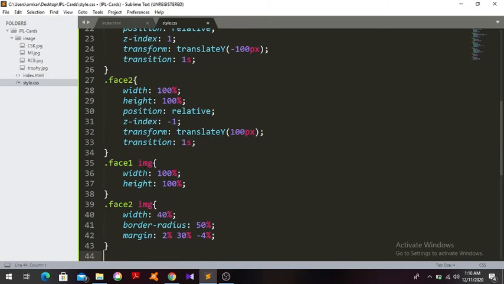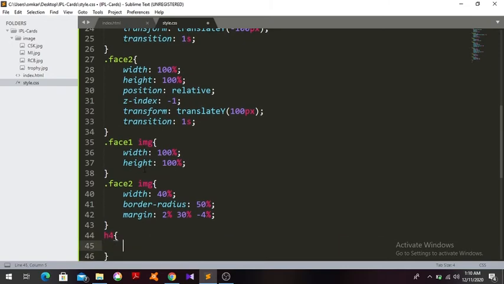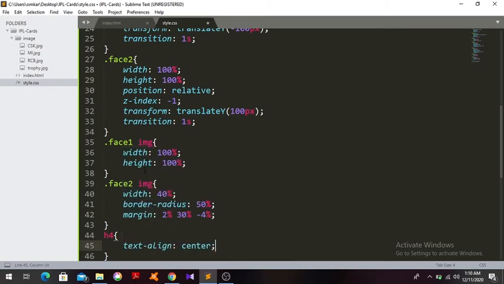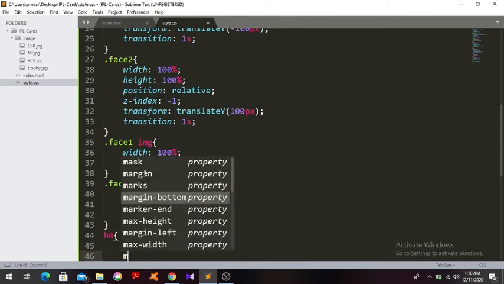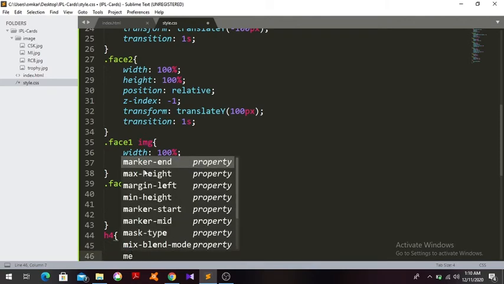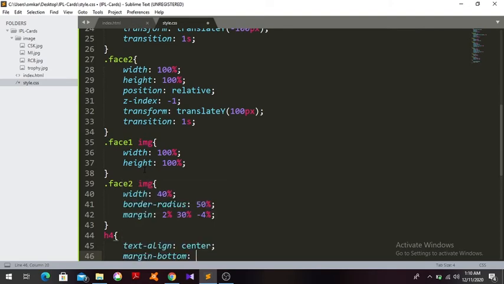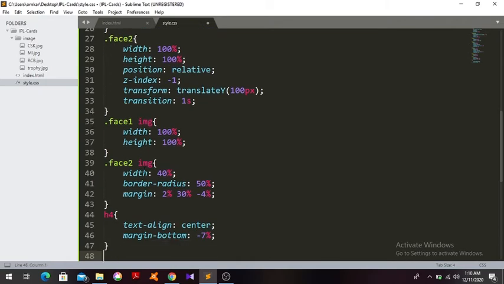Then style the H4 tag. I will just simply align the text in center, then give it some margin bottom to make sure that it resides inside the card. Then my P tag.